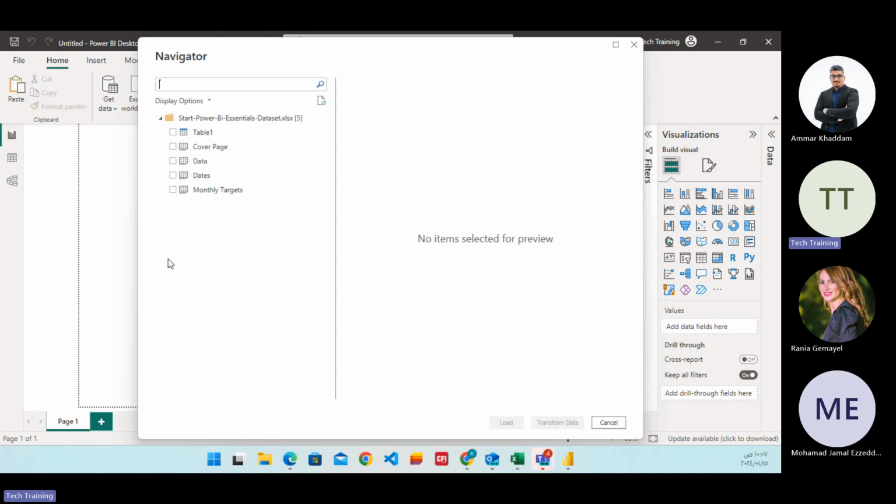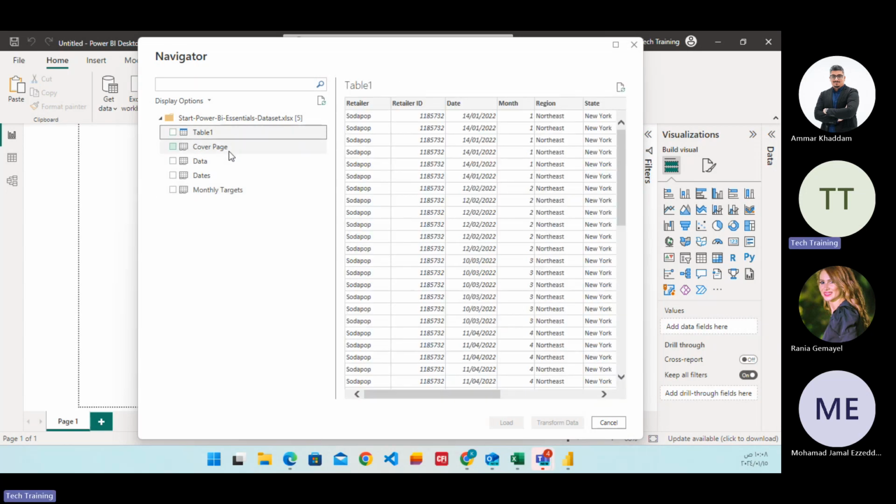What is the second step I need to use? I would go with seeing the files that I have within this Excel file. I have different tables, different worksheets. I will go with this one, which is the data. So the first thing was connecting to Excel, then selecting the table that I want, and now I would need